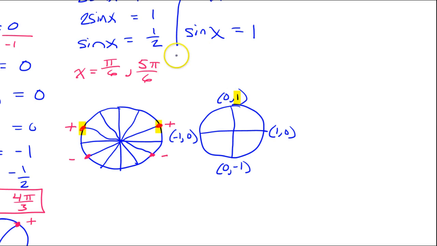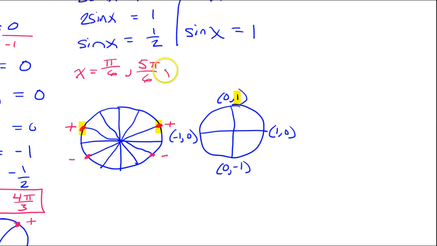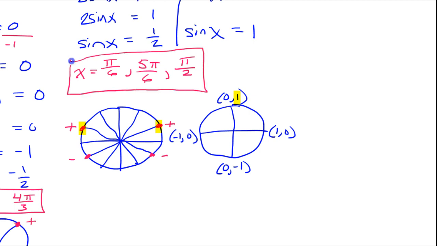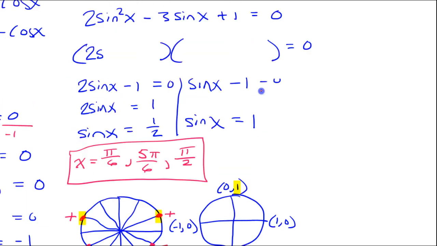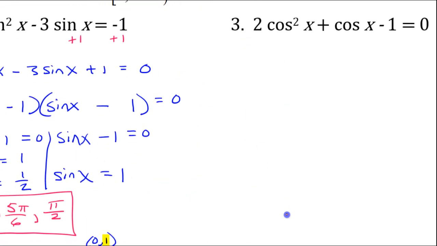So that gives me one additional solution, which is pi over 2. Okay, that comes from this part of the equation. So these are the three solutions. Alright, so that was problem number 2. Okay, taking a look at problem number 3,